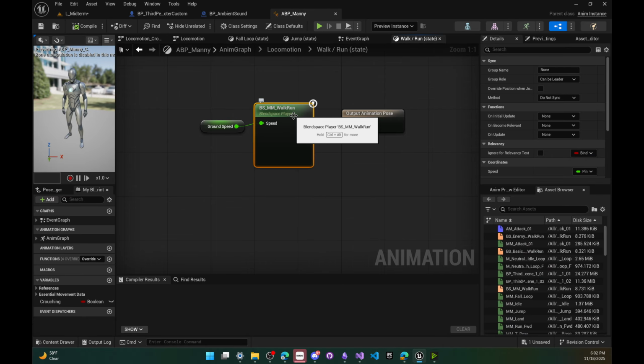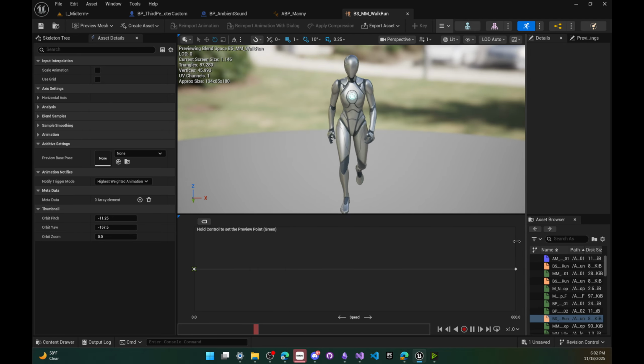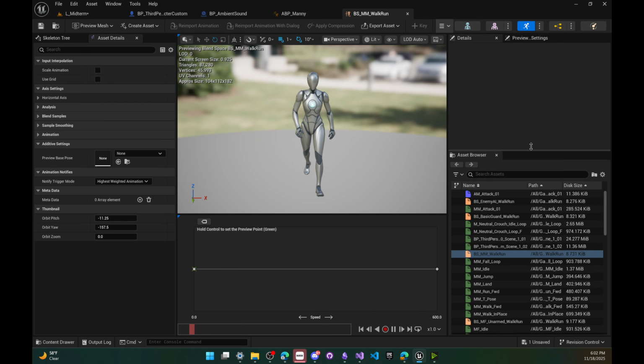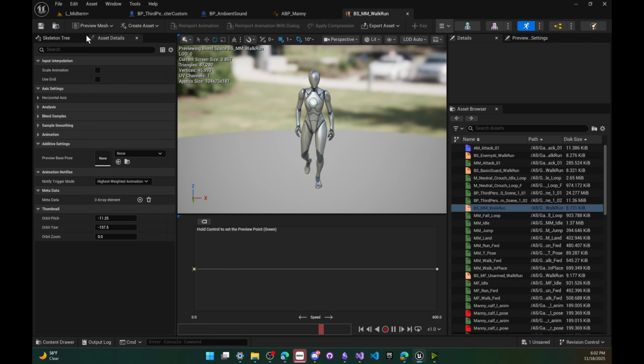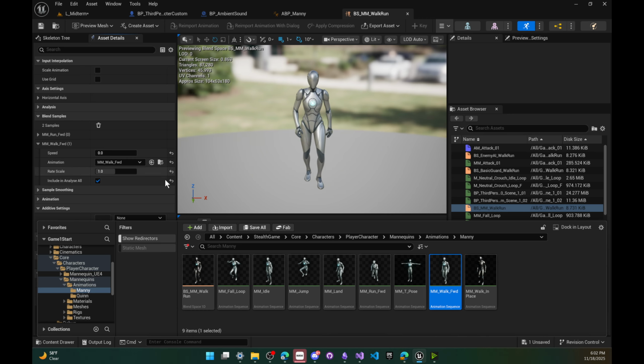So this is our blend space for walk run. Let's bring that up. I think, what did I do? On each of these animations in this blend space, we have two samples. We have the run forward, and then we have the walk forward. So each of those animation